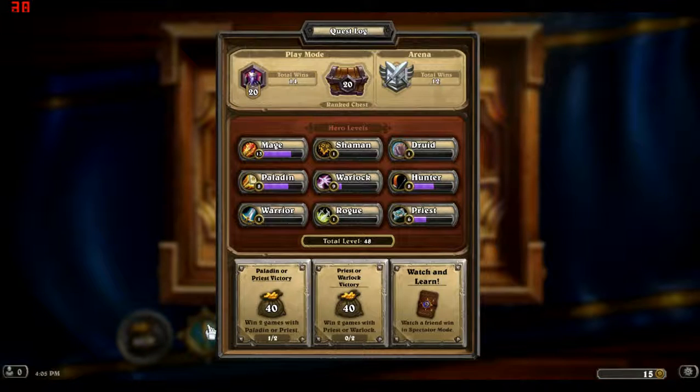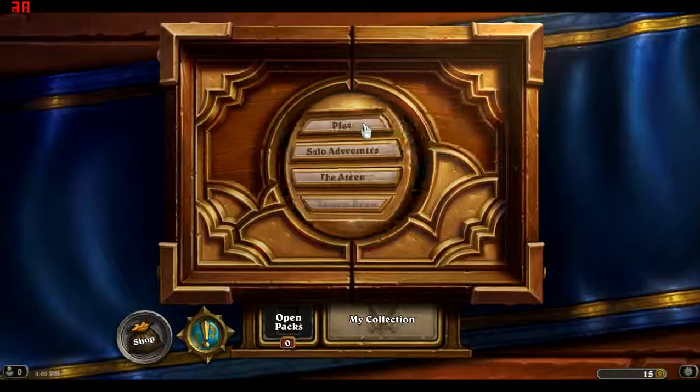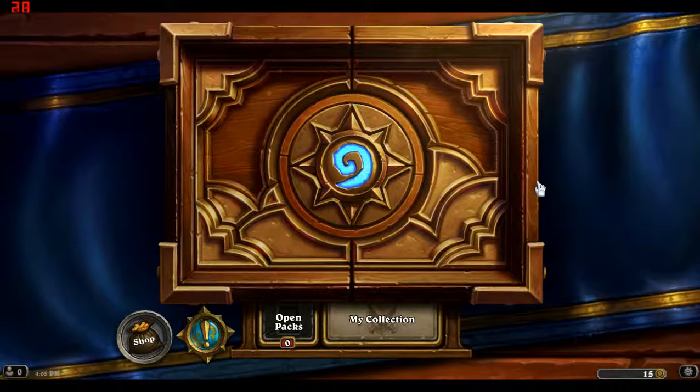I think today we're just going to go into some more ranked matches, see if we can get a little higher than rank 20. And we also got a new kind of quest down there. It says Watch and Learn: watch a friend win in spectator mode. So perhaps we will see if we can find someone that we can add as a friend and do that and get basically a free pack of cards. So before we do that, let's go